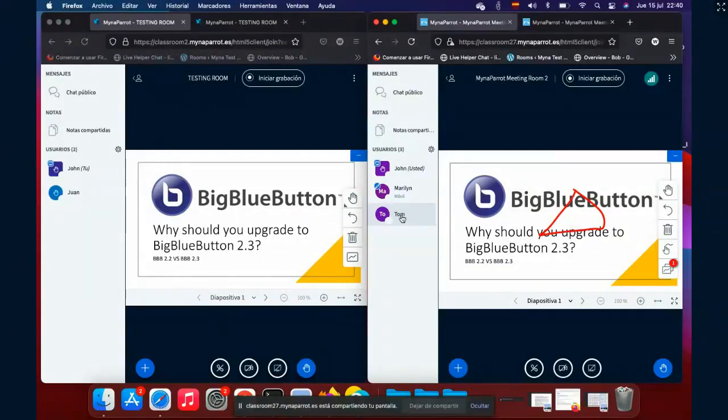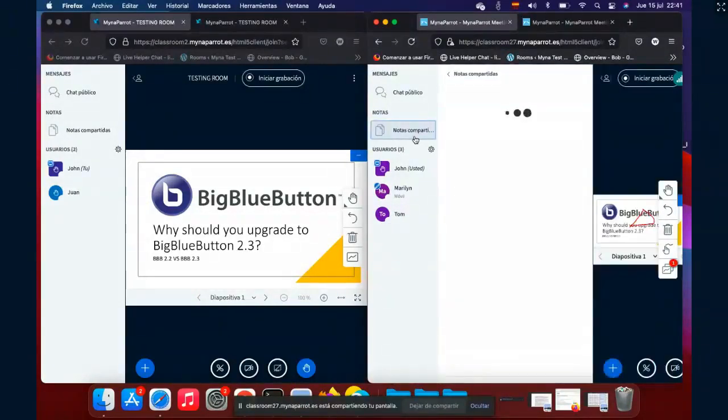Okay, good. That's perfect. And basically, that's the difference. I think it also gives some advanced tools for teachers. Because we are working with a lot of schools, they are using our service for BigBlueButton. Before, I remember some teachers wrote to us asking if we can show who is writing, or control who can write on the shared notes.